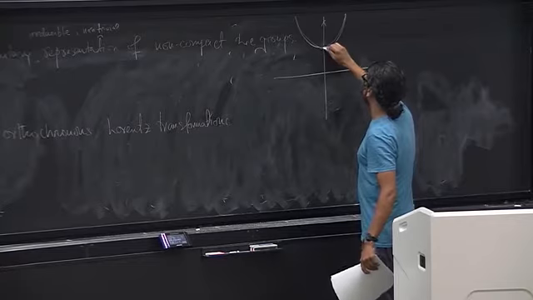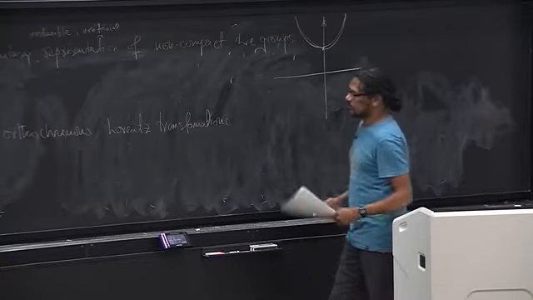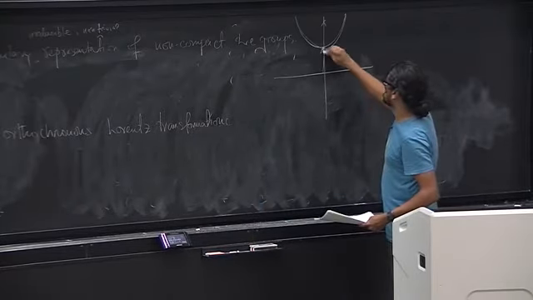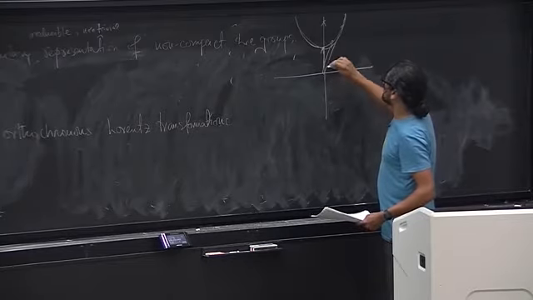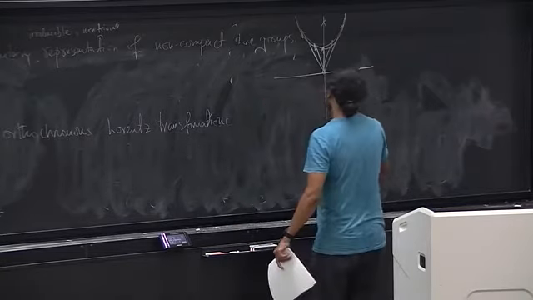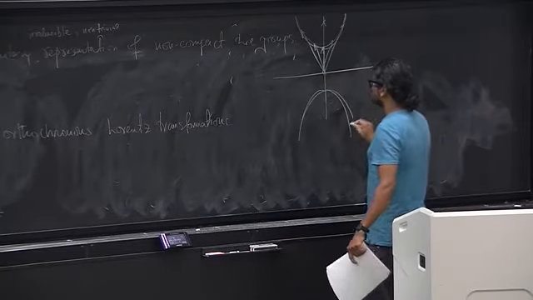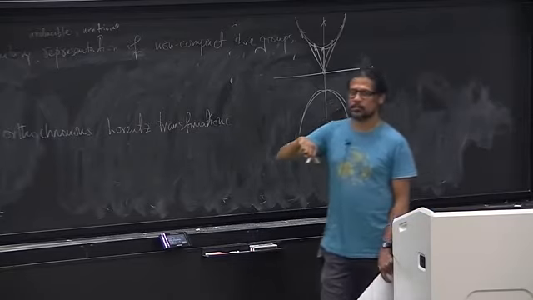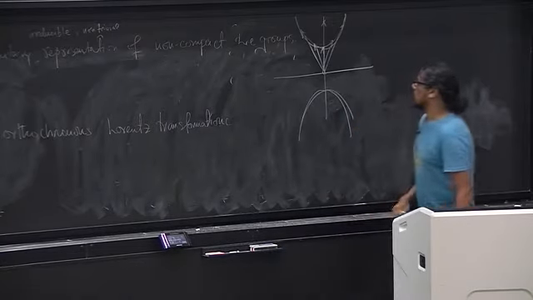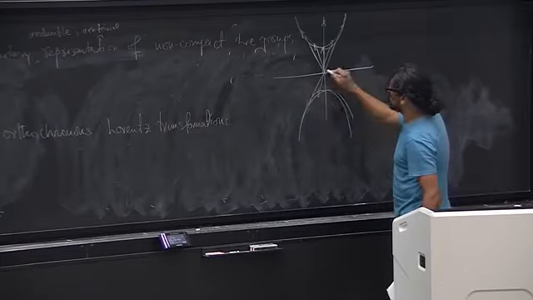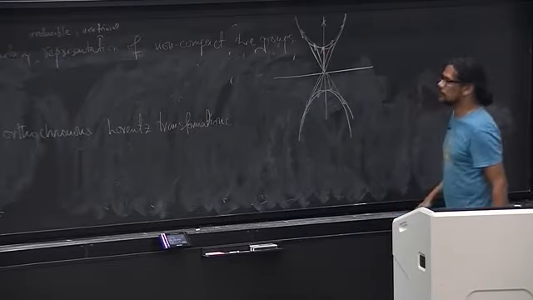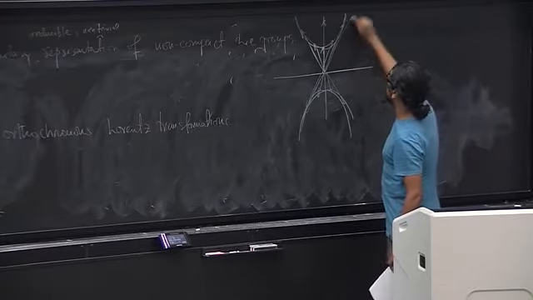What it does is take future pointing time-like vectors to other future pointing time-like vectors, and it does the same thing for backward pointing time-like vectors to other time-like vectors, but it cannot switch this guy to that guy. And so this is inside the light cone,